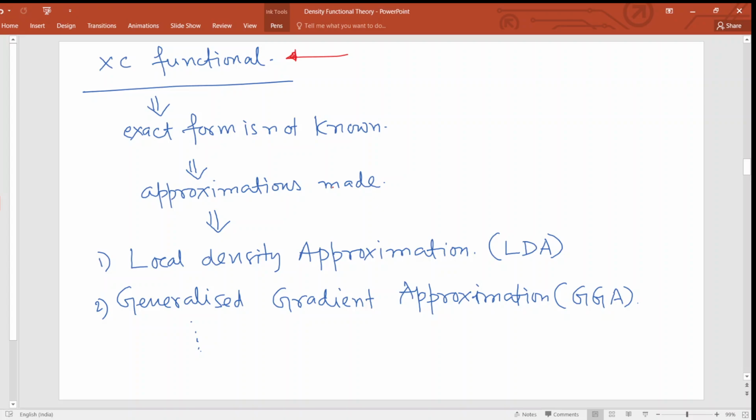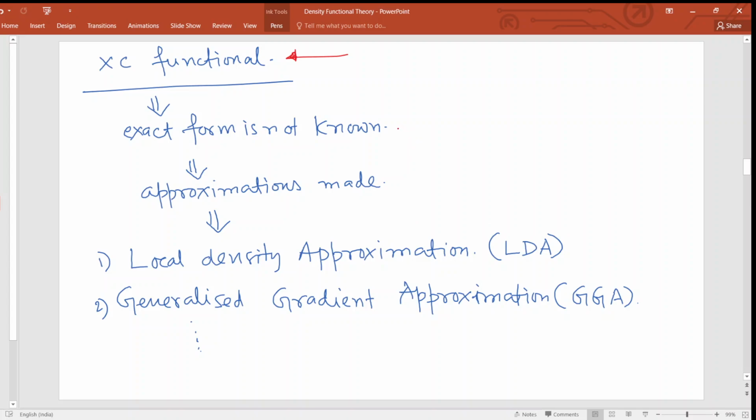Earlier you have seen that we have taken this independent particle approximation, but we also explained that effectively we are mapping this many body problem as a one body, or let's say one electron problem. Okay, so it is not exactly possible to know how individual electrons in a given material are experiencing different forces and different exchange and correlation effects. So it's very difficult to know.